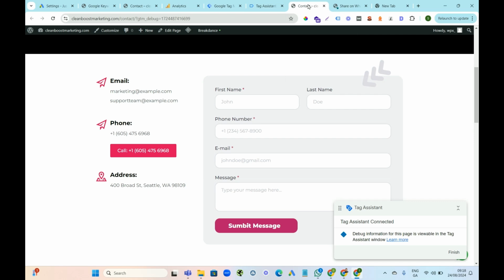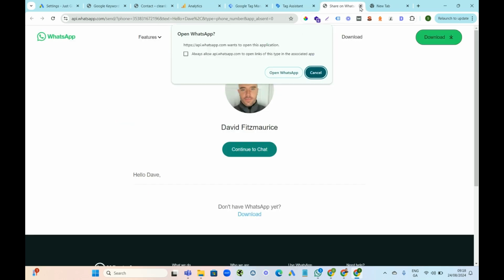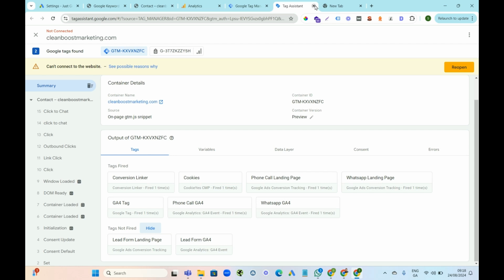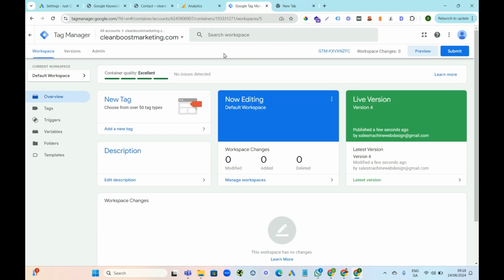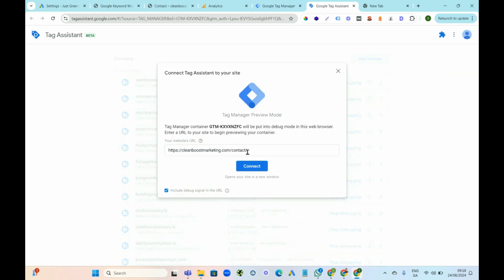So what we need to do with that is I need to finish this one, and I need to X out of this and X out of that, and we're going to go back to our Google Tag Manager, and I'm going to go to preview right here again, and this time I'm just going to enter the thank you page. So I'm going to delete that, and I'm going to type in